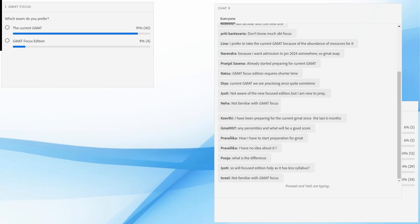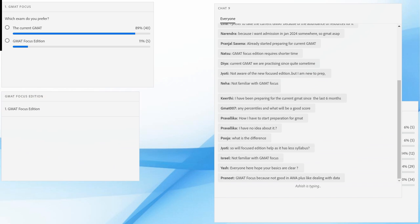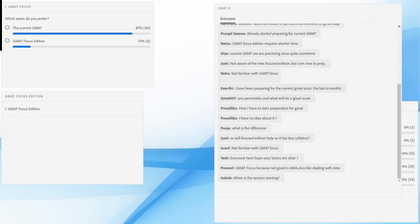Okay. If you want to know more about GMAT Focus, then essentially we wrote an article. If you actually Google it, it's one of the first articles that appears. You can click on this GMAT Focus edition. Essentially, what the GMAT Focus does is it does three major things. One is